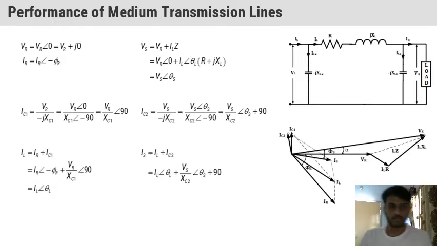These are all the current and voltage relations. Now VS is equal to VR plus IL into Z. Then we have two currents, IC1 and IC2. If we combine IR with IC1, we get the IL value, and if we combine IL with the IC2 value, we get the final